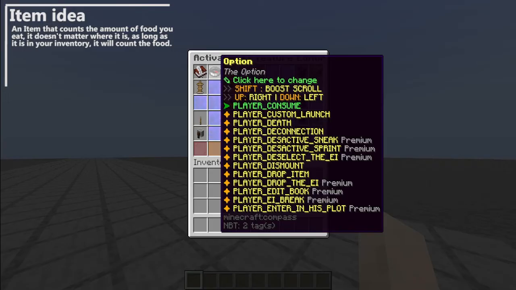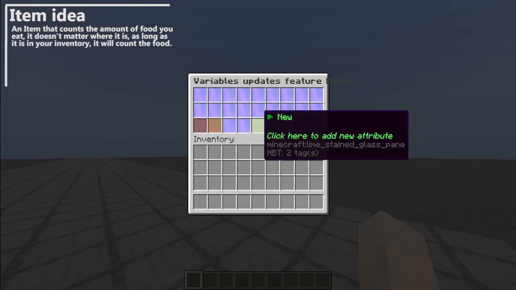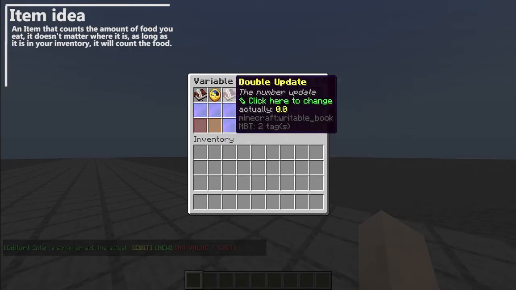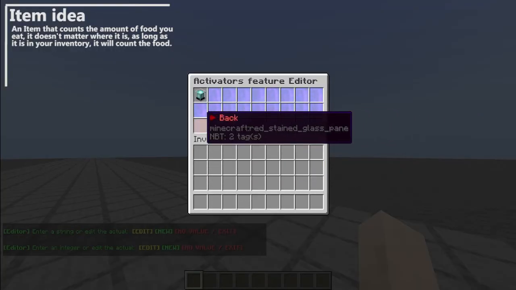You can check every activator and how it triggers in the wiki. I will leave it in the description below. So it is player consume, and the variable will increase food eaten modification by 1. Let's save, go back, save,